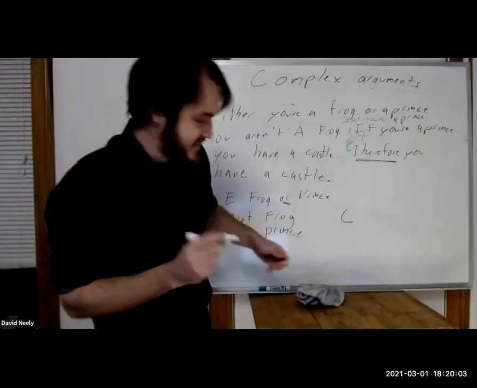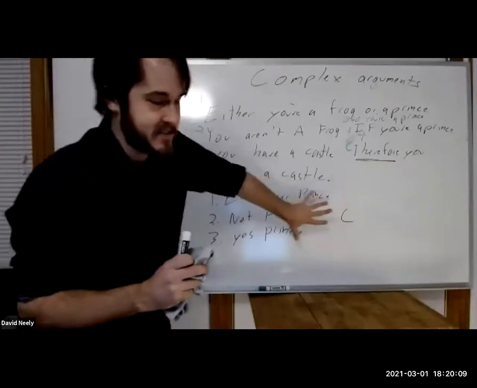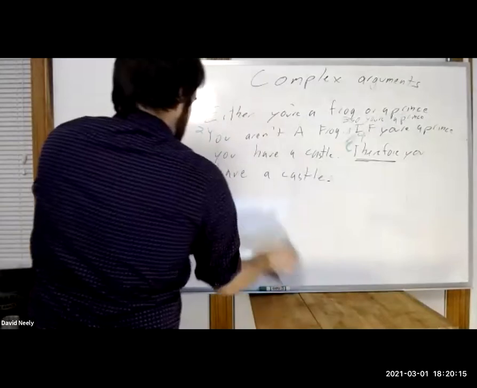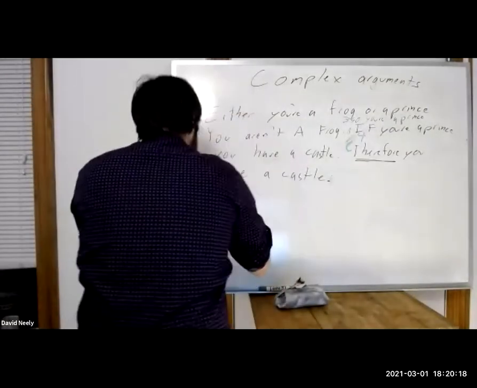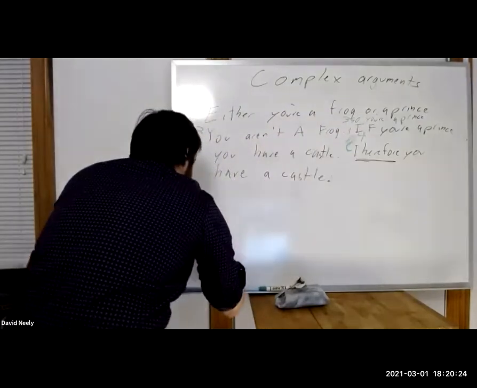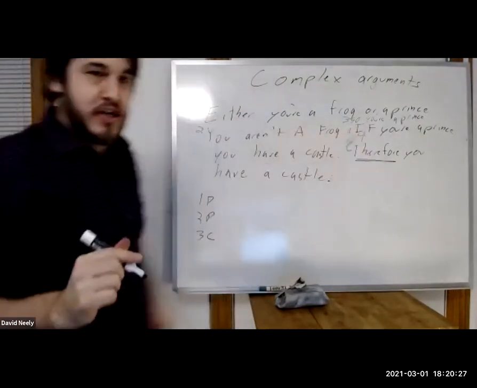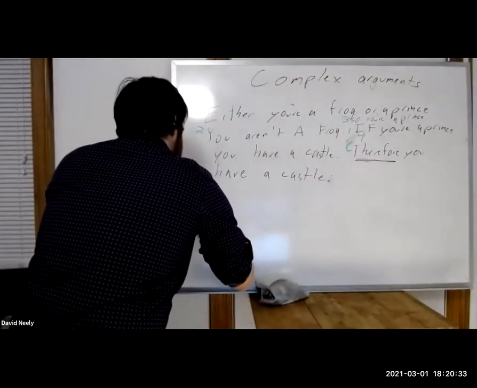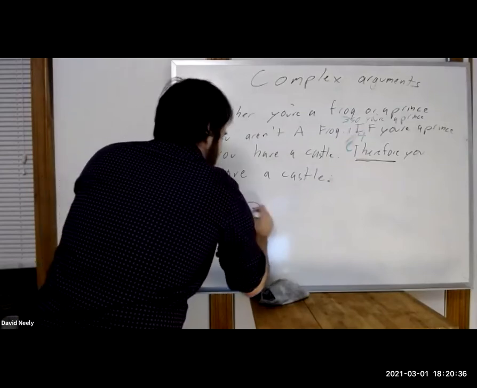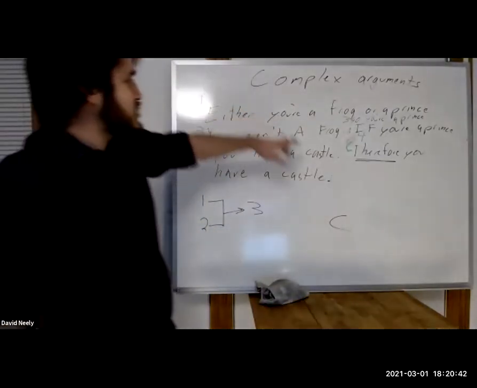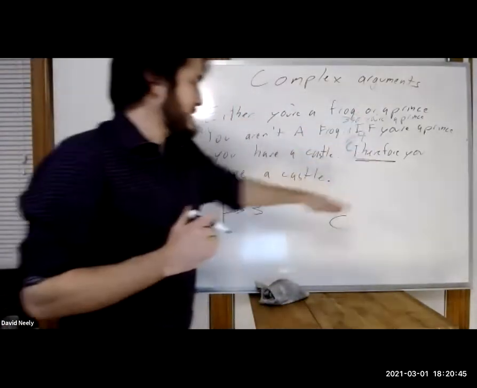So this is disjunctive syllogism, which means that if we just concentrate on these 3 sentences, what we have here is something that looks like this. 1 is a premise, 2 is a premise, and 3 is a partial conclusion. So if we were drawing it, we could draw it like this. 1 and 2 together prove 3. Now, we ultimately want to prove C. So what if we just concentrate on 3, 4, and C, what is it?